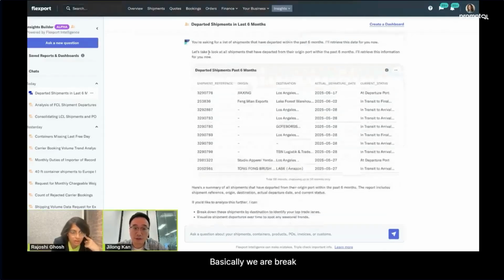Yeah, basically we break down the task into different steps and do reasoning, right? And once we have the SQL available, we're going to do some validation to ensure that the SQL is valid. Instead of just executing whatever comes from the LLM, which will very likely cause errors. And even further, if there is an empty result, we want to tell the user